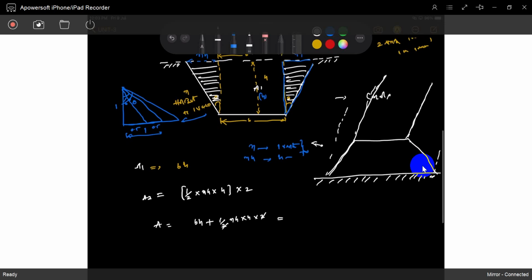So what is that value? It is (B plus nh) multiplied by h. That is the area. Same thing in this one also, the same segment. So if the depth is h, what is the area? To find the areas of unequal shapes, so later you can get the volume, very simple. Okay, that is the task.